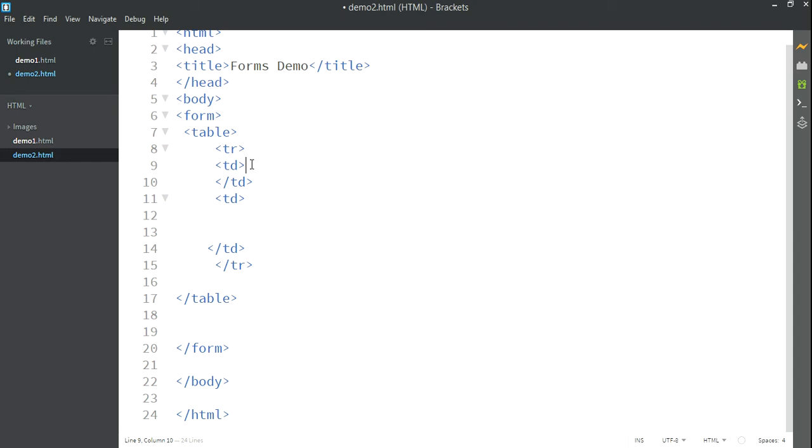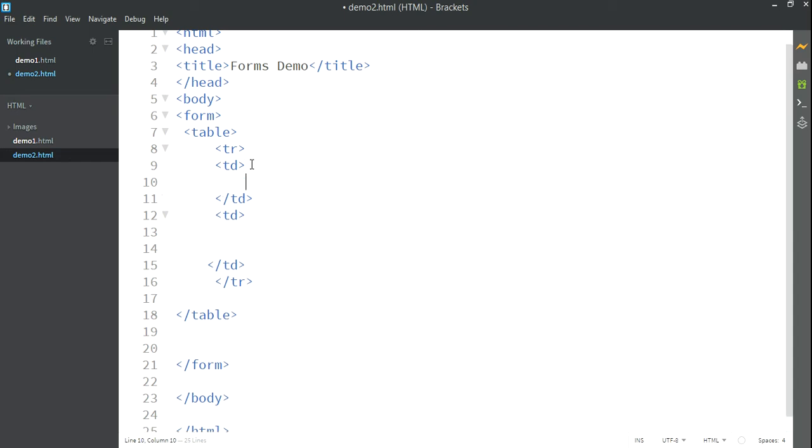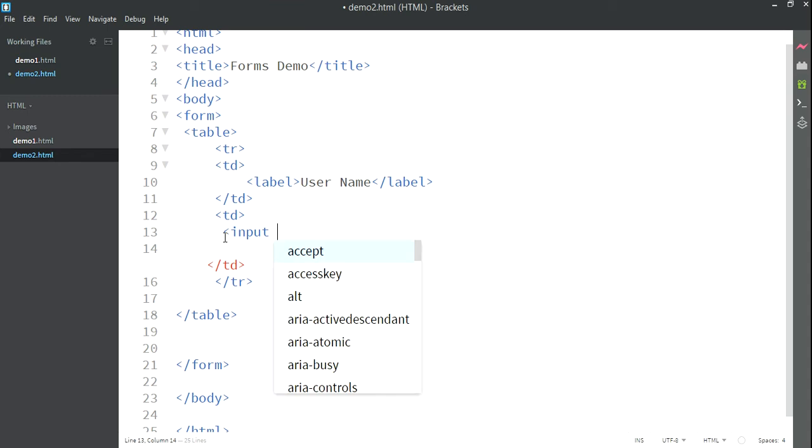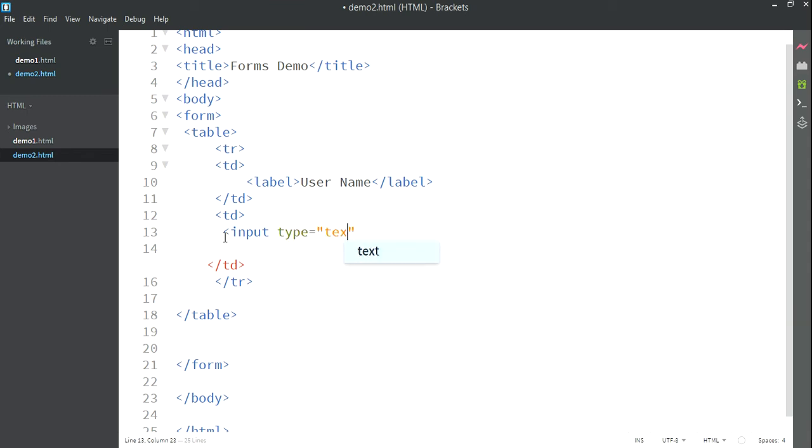Now inside the first td I will add a label tag. Here I will say user name. In the second td I want a text box so that the user can enter his name. So I will use input type text.